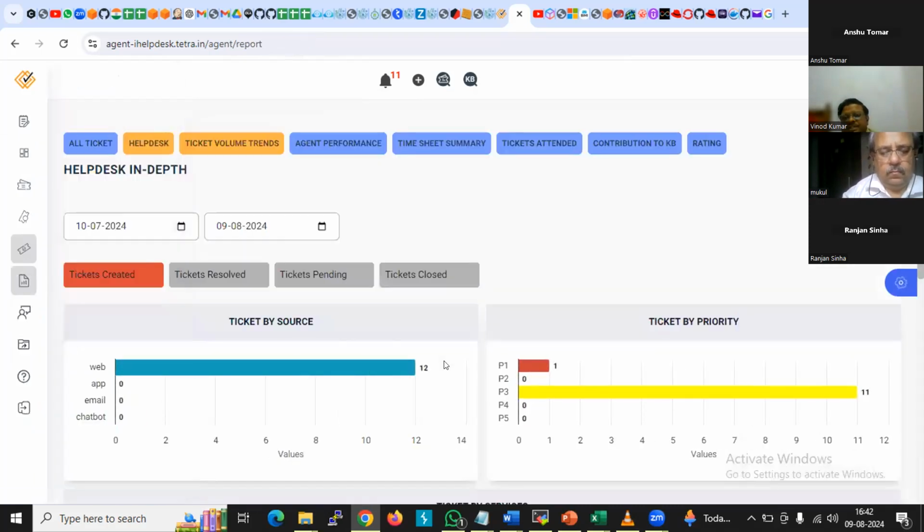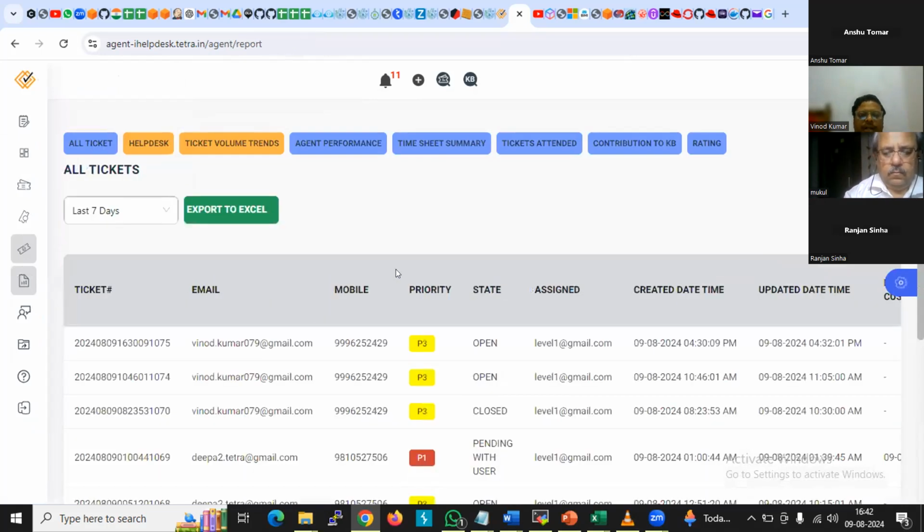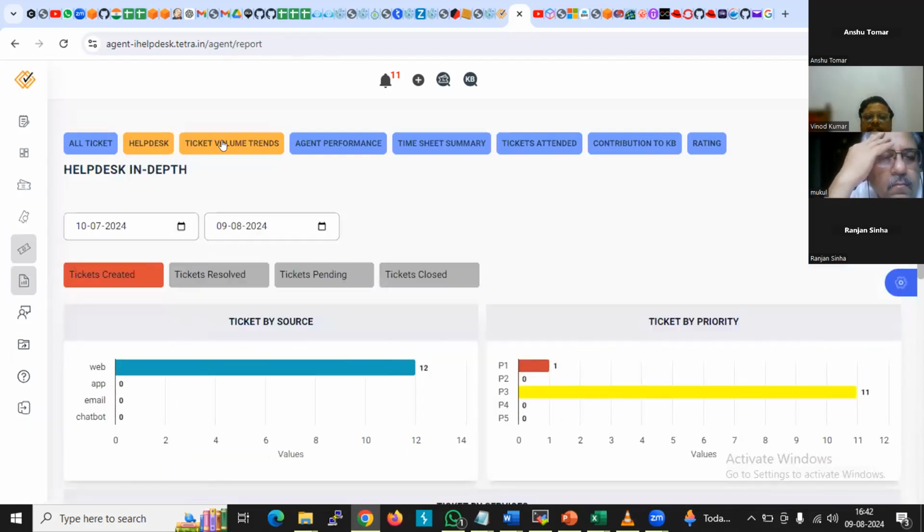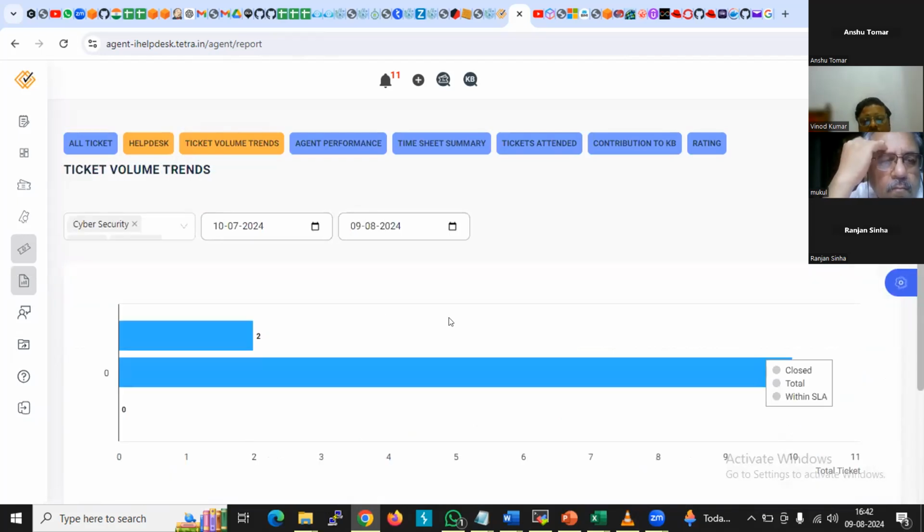This is the portion for the reports. What kind of reports can it have? This is for all tickets. He can see right from here. It can also be exported to Excel. This is for the whole help desk ticketing management system, and this is the ticket volume based on the